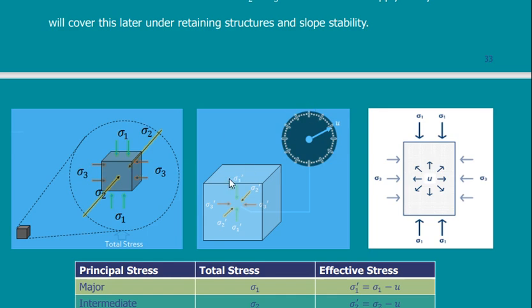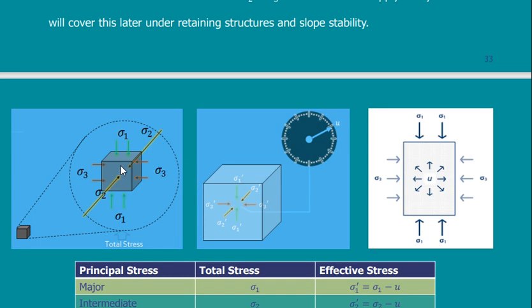If you have a cube of soil and you subject it to sigma 1, sigma 2, sigma 3, then you are affecting all the faces of this cube. Because if I have sigma 2 in this direction, there is another sigma 2 in the opposite direction. Here, this is sigma 3 and this is also sigma 3, because is this element moving or